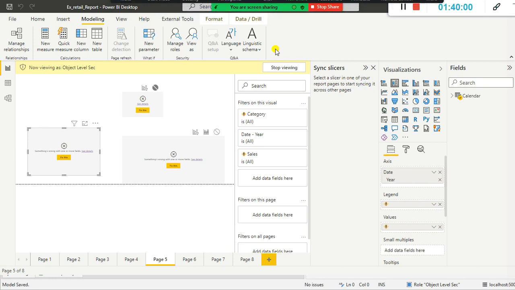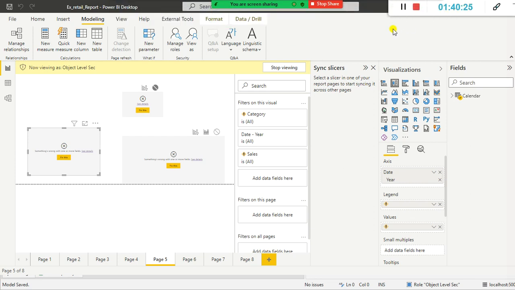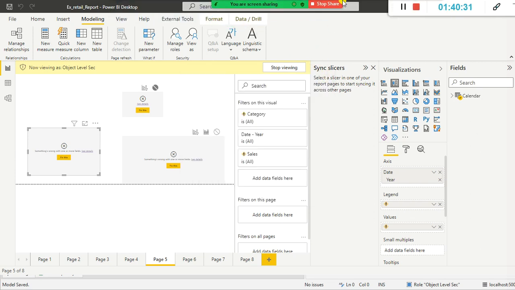You understood? That is the difference between row level security and object level security. With row level security, you can restrict users to view only, for example, the north region manager can see only the north related data, and the south region manager can see only the south region related data. But with object level security, they can't even see the table itself. You want to disable the table from viewing. This is how you can enable it.